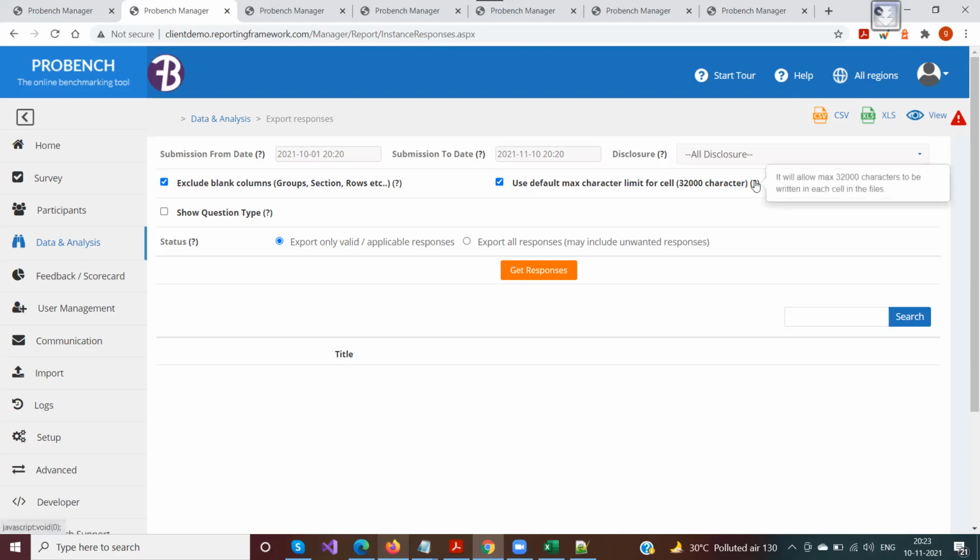So if you select this, it would cut anything greater than 32,000 characters, and only include the response till the 32,000 characters. The rest would be removed automatically, or truncated, so to say. But that would be truncated only in the output. It would not be truncated from the actual data that is stored in the system. So you do not have to worry while using this particular checkbox.